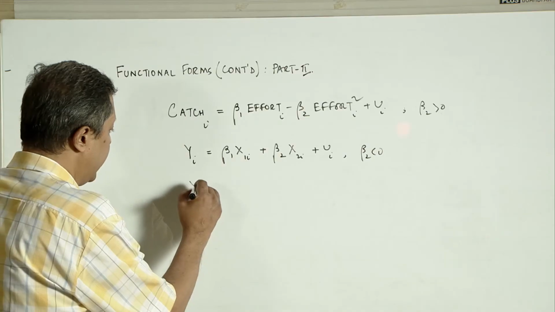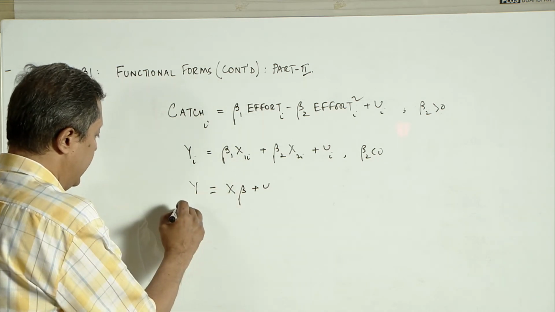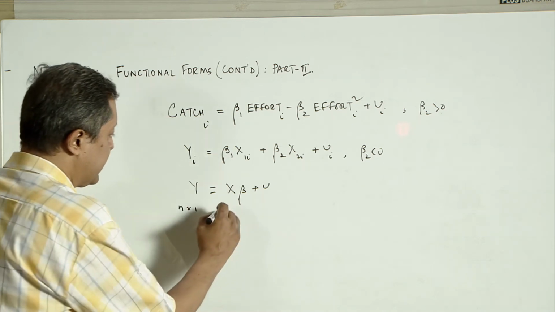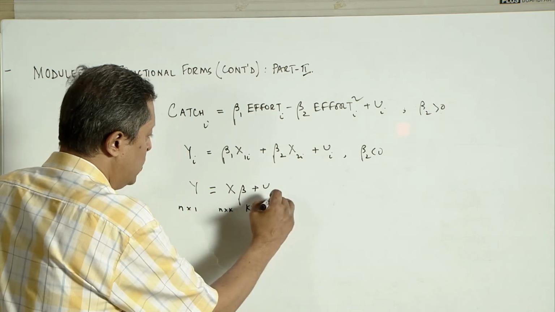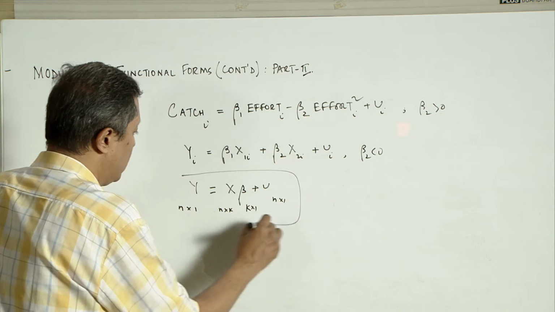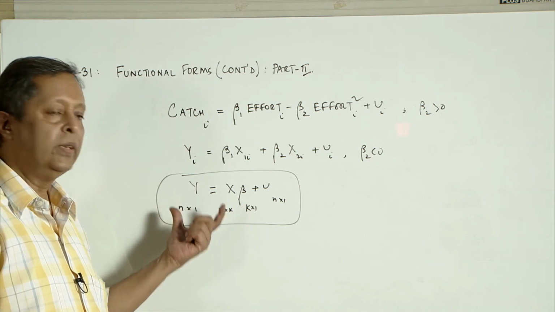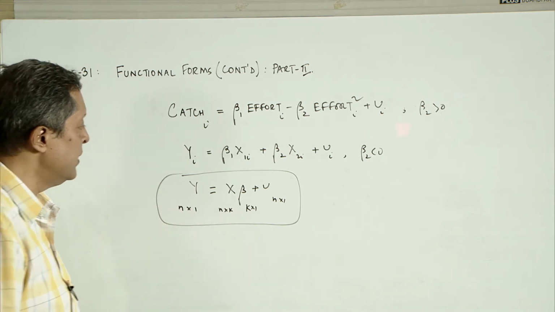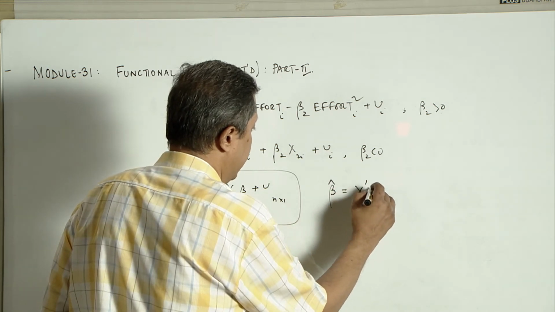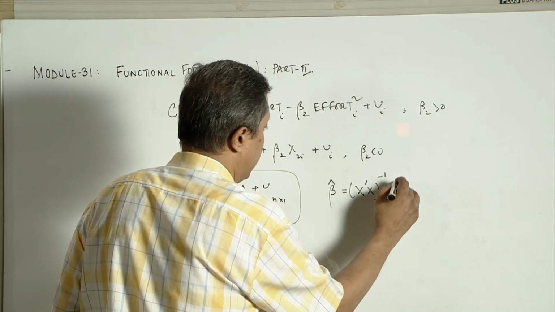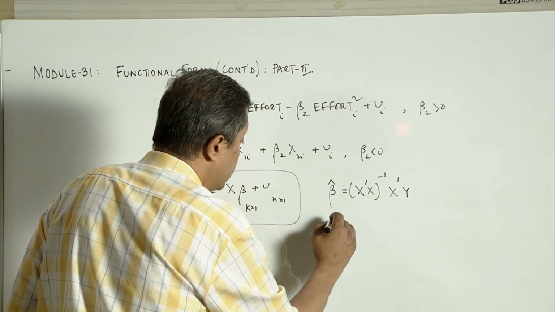This also follows the standard format y equal to x beta plus u, where y has n rows and 1 column, x has n rows and k columns, beta has k rows and 1 column, and u is n cross 1. So, that is the generalized matrix formulation of a model even without an intercept. The only difference is this model will be estimated with beta hat as x prime x inverse x prime y, as explained earlier. The only thing is we cannot use the model